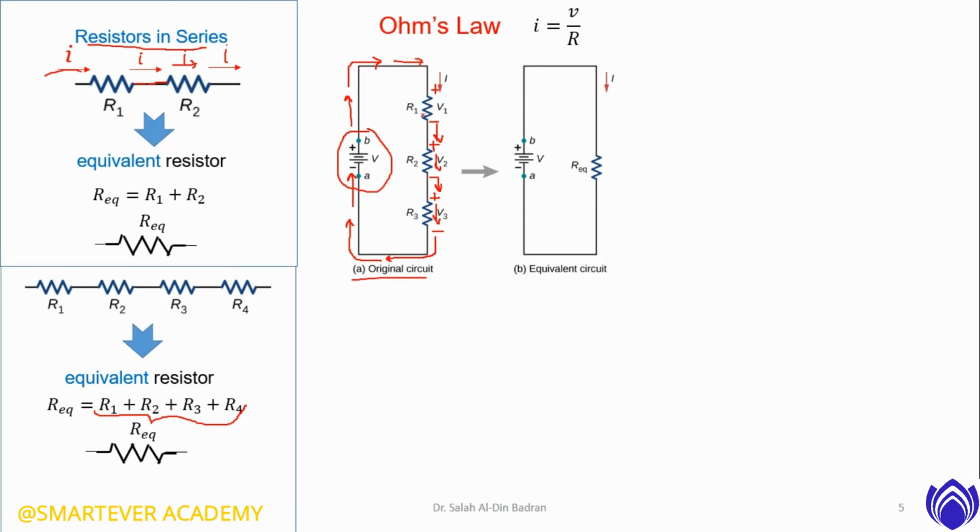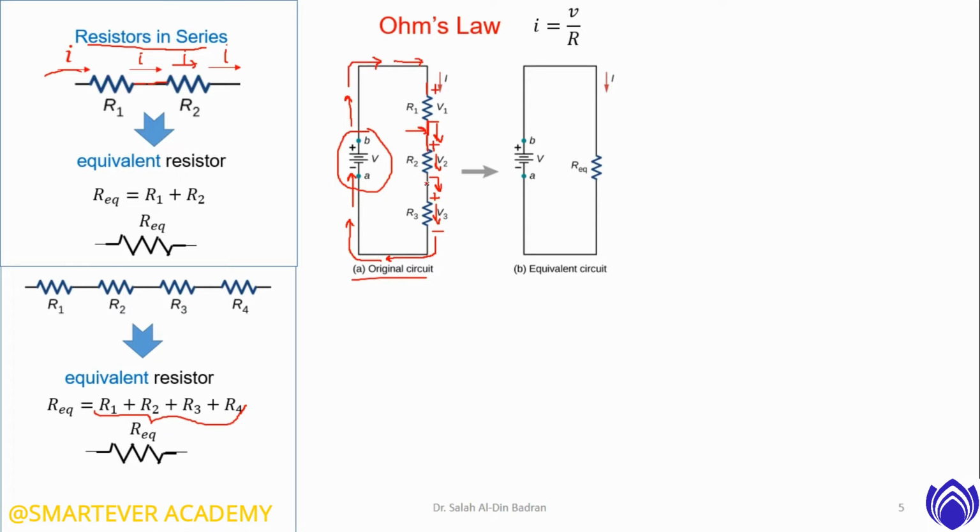These resistors, as you see, R1, R2, R3, they are connected to each other. R1 is connected with R2 by one terminal. This is the second terminal of R1. This is the first terminal of R1 connected to the voltage source, but this terminal is connected to the first terminal of R2. So they are connected in series because only one terminal is connected from each of these resistors,